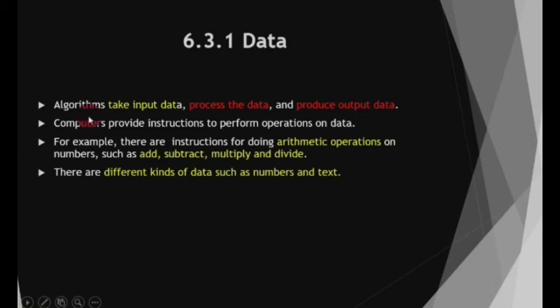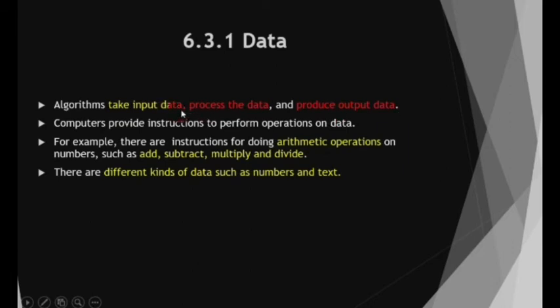So, data. Algorithms take input data, process the data and produce output data. So we see now in that algorithmic problem also, what is the input? Chameleons is the input. What is the process? You have to decide how many meetings and how many chameleons are needed. And then you have to produce the output. What is the output you want to produce? All chameleons make it a similar color. So algorithms can take input data, process this input data and produce the output data.